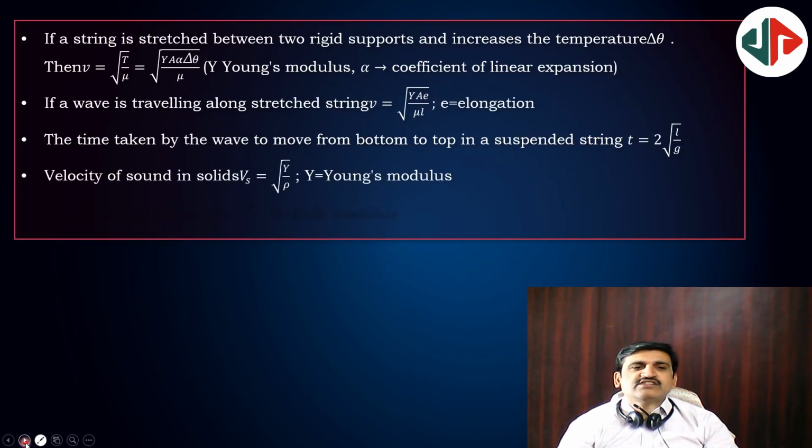The final tension is because of thermal stress. Y alpha delta T is the thermal stress caused tension, and then the wave velocity will be taking that place. Wave velocity v is equal to root of Y alpha delta T by mu L. Time taken by the wave to move from bottom to the top for a suspended string is t equal to